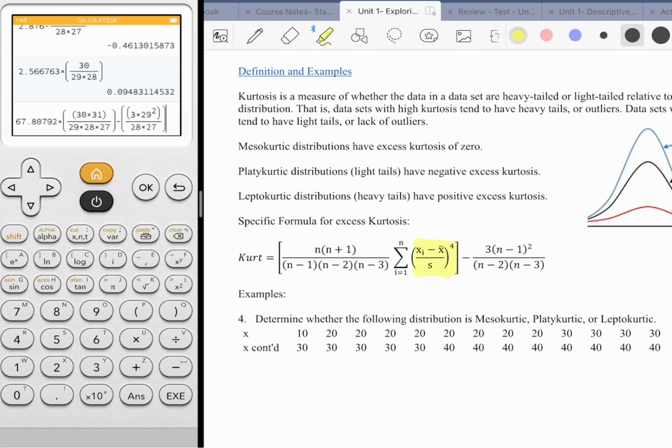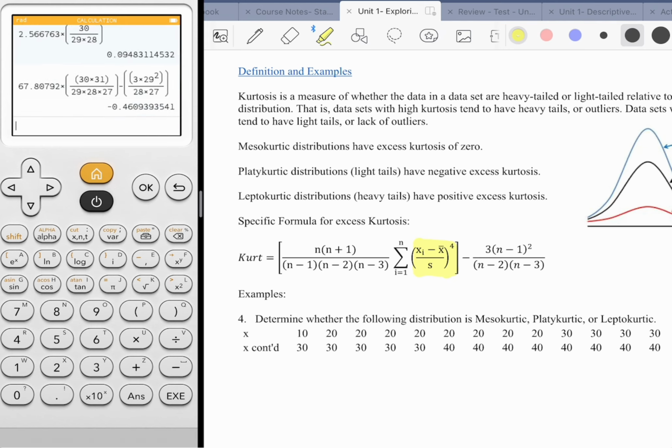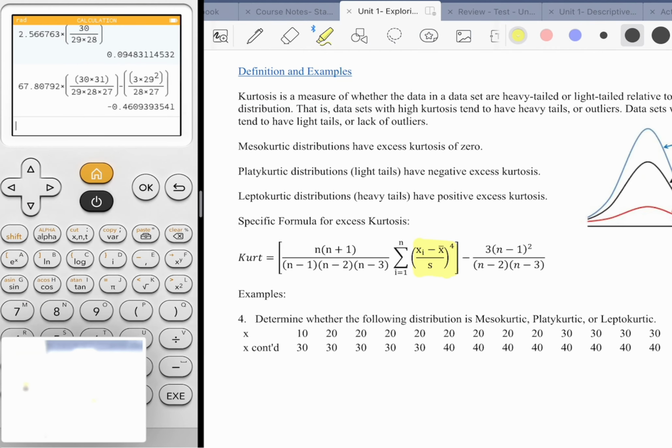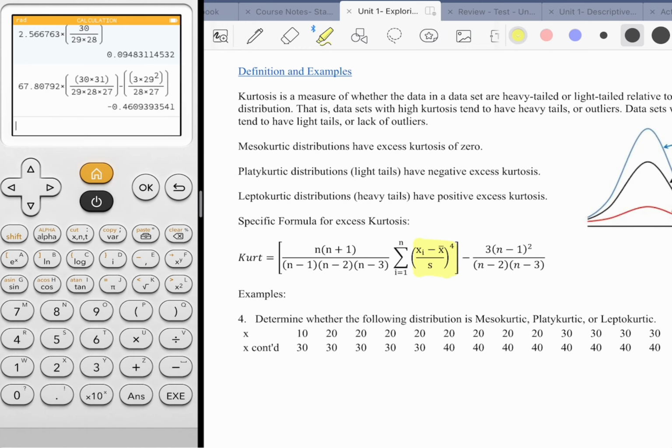And that, if you hit enter, gives us our kurtosis value. All right. So the numbers that we're looking for here are really just not as relevant. It's just the signs that we care about. So positive, negative, or 0. All right. So my kurtosis value, with the very creative abbreviation of Kurt,